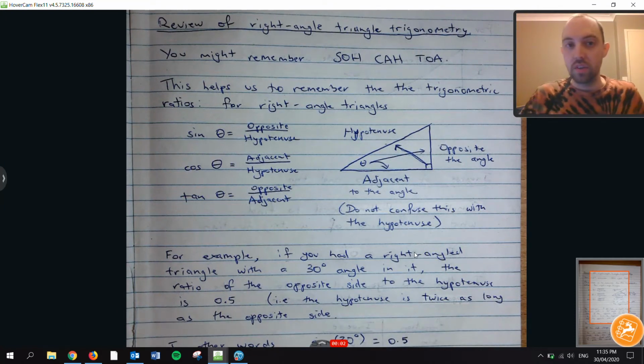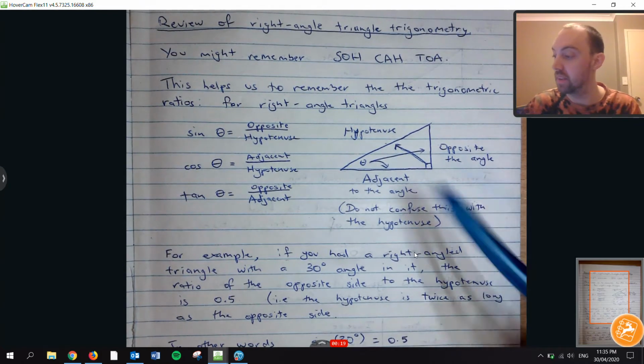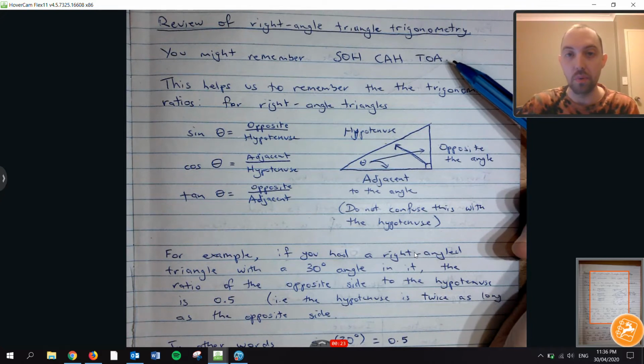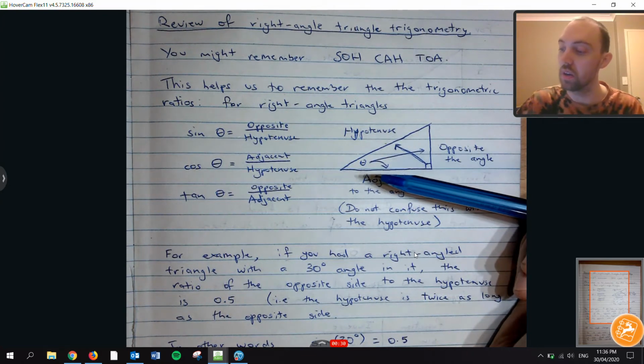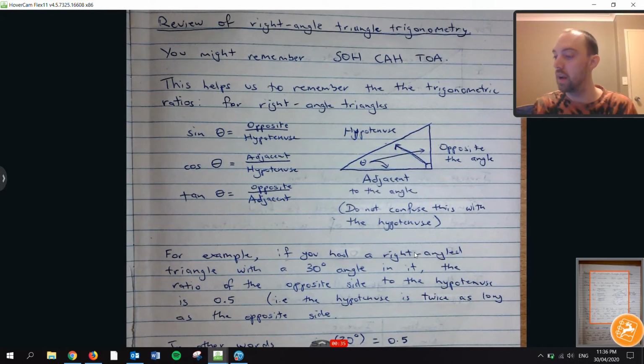Hey guys, so today we're going to be looking at a quick review of right angle triangle trigonometry, and hopefully this is revision for us, which is why it's called a review, but we'll go through it as slowly as we can. The first thing that we want to make sure that we remember is SOH CAH TOA. This is the trick to remembering our trigonometric ratios, which is helpful because remembering those is how we do our right angle trig really